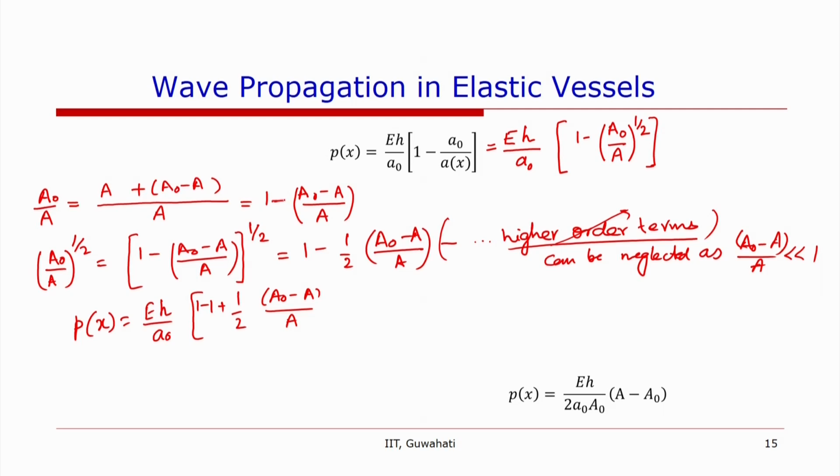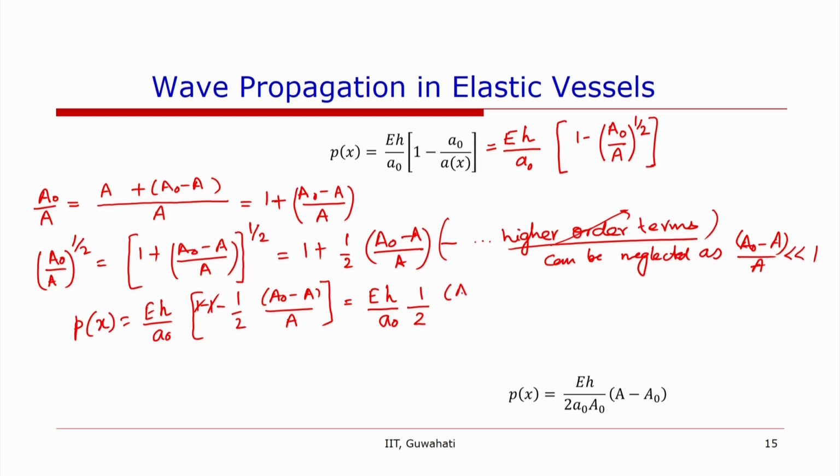This should have been plus, this should have been plus, and this should have been plus. So, if we do that, then this would have been minus. Okay, 1 and 1 cancel out, and we have Px is equal to EH by A naught into half